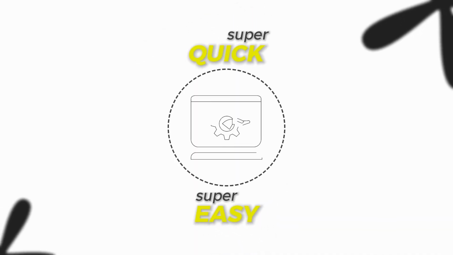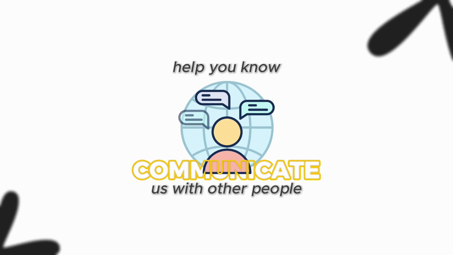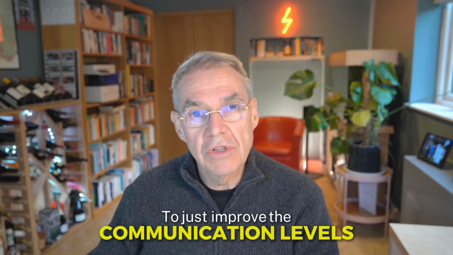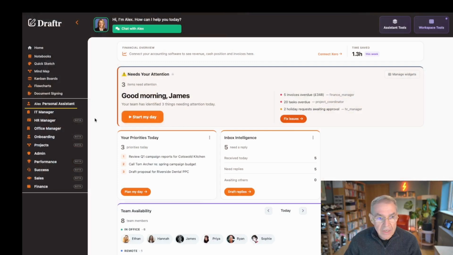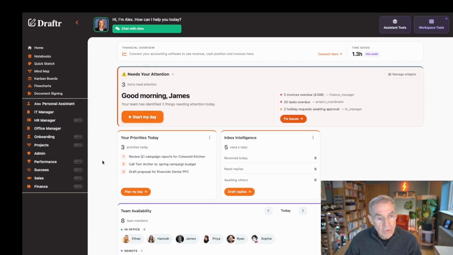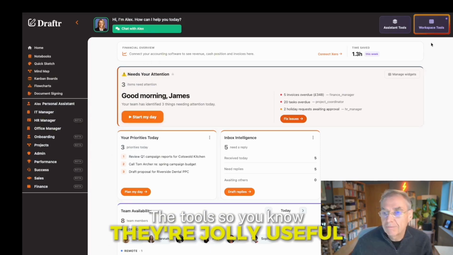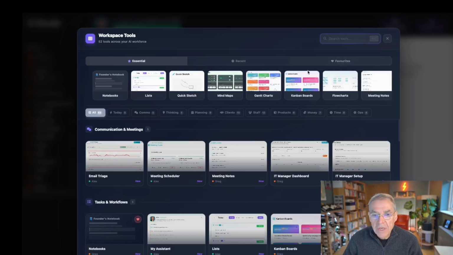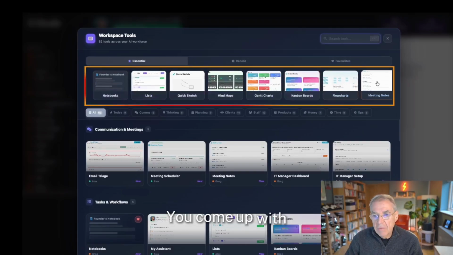And we wanted something within the team that was just super quick and super easy to use to help communicate with other people and just improve the communication levels. So we put these tools together. To get them, you're going to need to get the IT manager. They come in over here. So if you've got the IT manager agent, you'll get the tools, and everyone in the team gets the tools. So, jolly useful. Simplest way, click on this button at the top here, and you come up with these 8